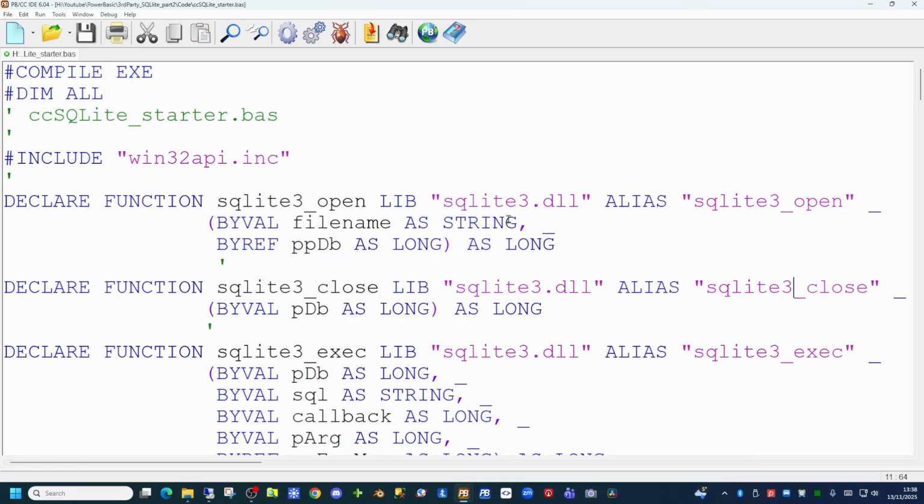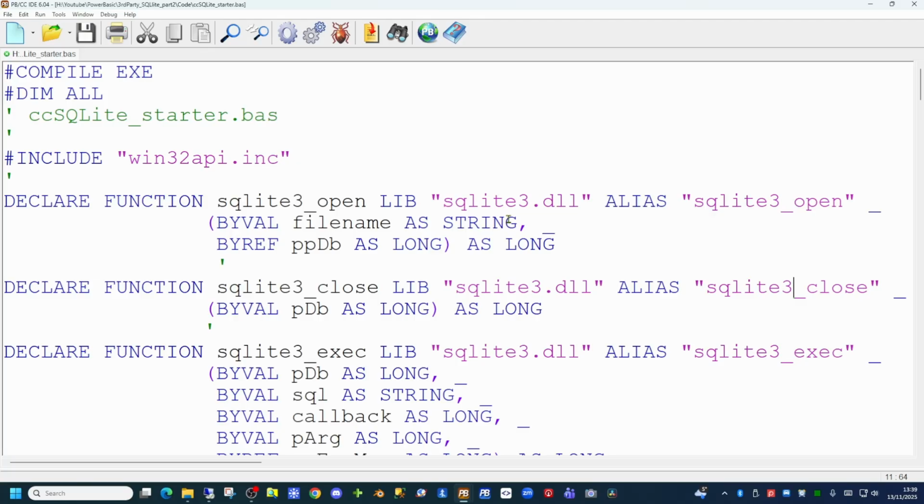So this is the beginning of our application where we're declaring all the functions that exist within the SQLite library. We're going to take all of these out of our code and put it into a separate library, so that separate library can be included in future applications. And to make our code even more generic, we're going to create a couple of constants in this main file. One for the name of the database that we want this application to connect to, and another to name an